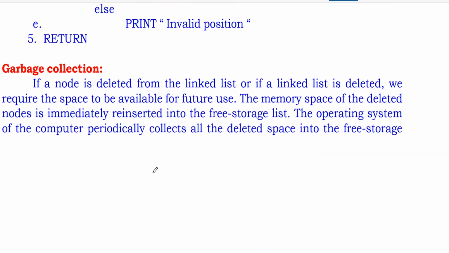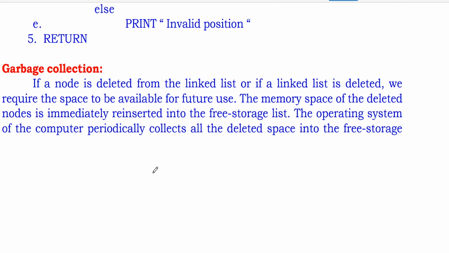So next one, what is garbage collection? I think this word is common. Garbage means waste, and whenever there is waste we have to collect. You may be thinking, what is the waste here in computer science? What are we going to collect? In a computer memory, the space is the waste. How it becomes waste, we have already talked about the free memory. Whenever a node of a linked list has been used, after usage it has to be reinserted into the free storage list. If we do not do this, they remain occupied. Therefore they become like waste, garbage.